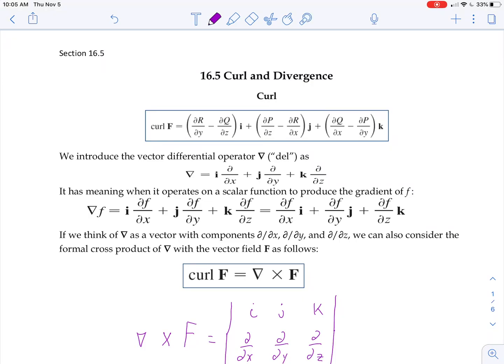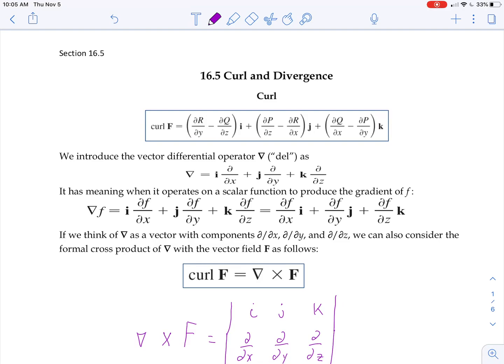All right, hello and welcome to 16.5, talking about curl and divergence. I'm going to explain on page 3 of the notes the differences between curl and divergence. I gave you a little explanation earlier in class, but when we're talking about curl and divergence,